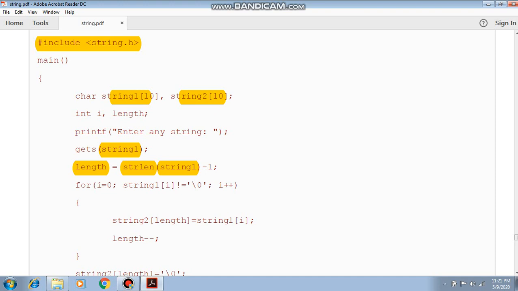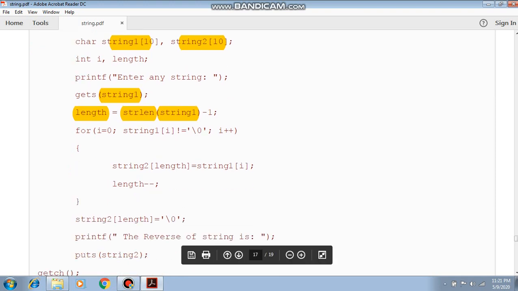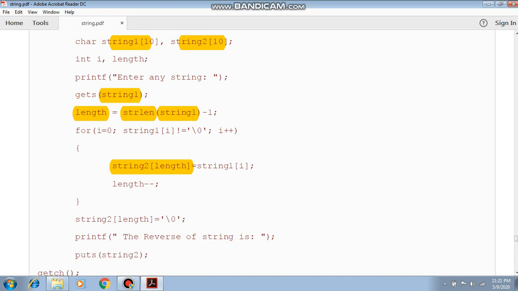So it will start from i equal to 0 of str1, and continue until the null character. Now see, within the for loop, string 2 is a blank string in which we store the reversed string.